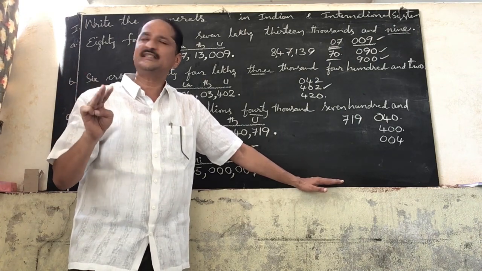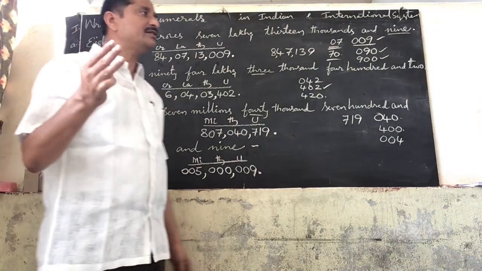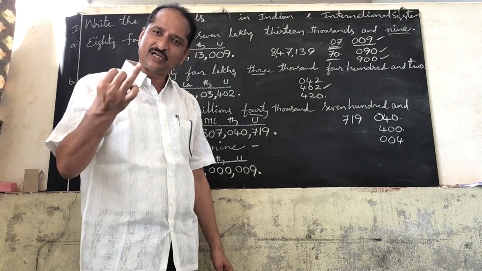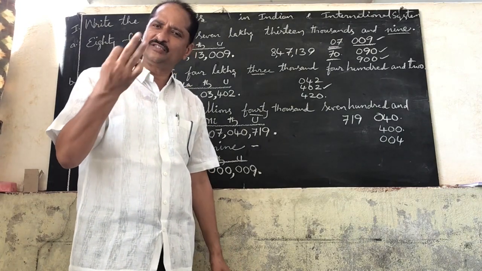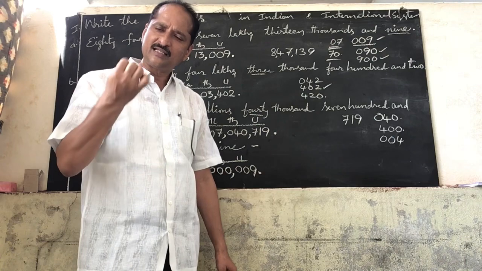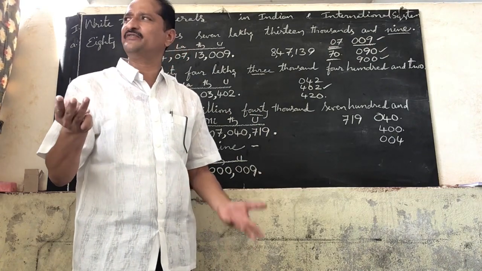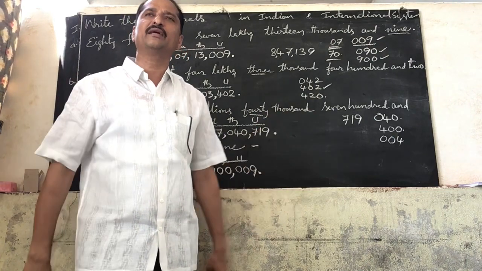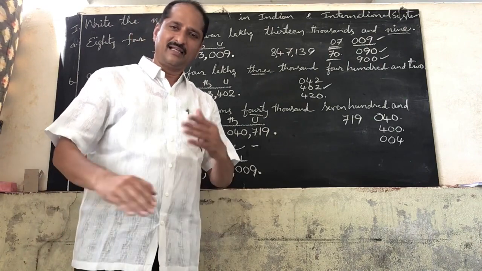Now in the international system of numeration, here we have 3 periods: units, thousands, millions; millions, thousands, units. Like this, if you are remembering, easily you can write down number name and numeral. Okay? In the next, we can see